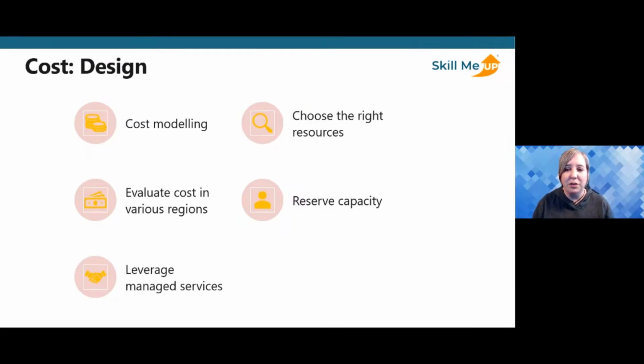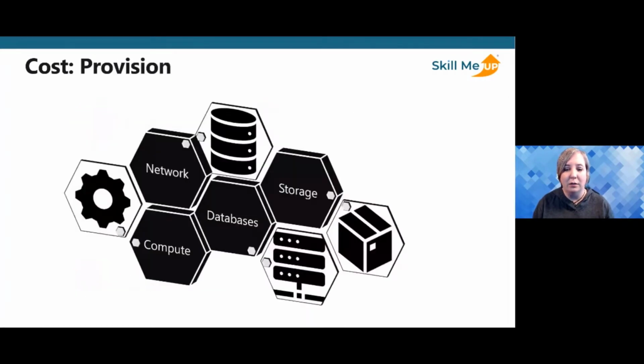And then from a provision perspective, there's also kind of a time cost as well, right? So with the advent of cloud, many enterprises don't want engineers to take days to provision resources. So you could think about speeding up the time cost here by deploying resources from a centralized artifact repository, whether that be ARM templates, Terraform templates, PowerShell scripts, AZ-CLI scripts, right? So there's ways in which to enhance the agility here, and you're able to then deploy and continue to increase your momentum in terms of cloud adoption.